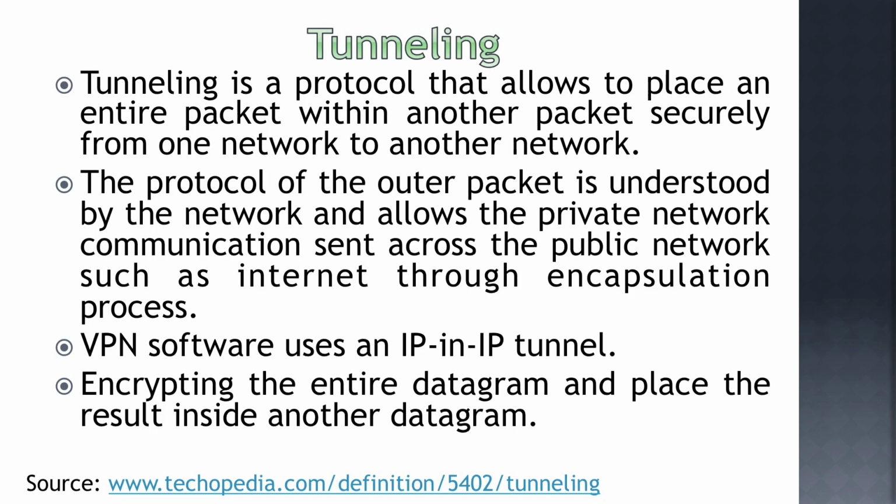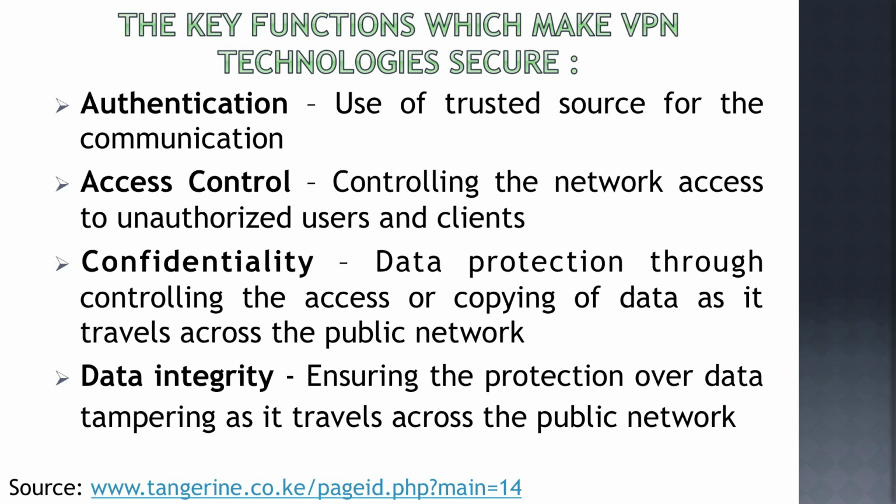VPNs use tunneling, as I told you in the previous slides. Tunneling is a process of placing an entire packet within another packet and sending it over the network. The protocol of the outer packet is understood by the network, and VPN software uses an IP in IP tunnel. It involves encrypting the entire datagram and placing the result inside another datagram. This is what a VPN is, and the various key functions which make VPN technologies very secure are: first is authentication,